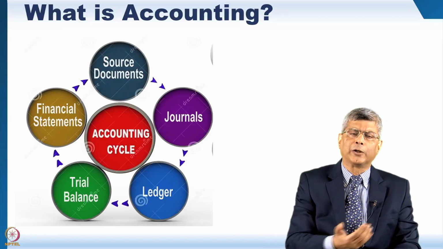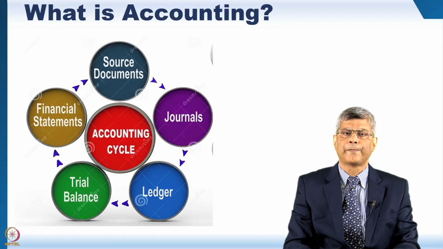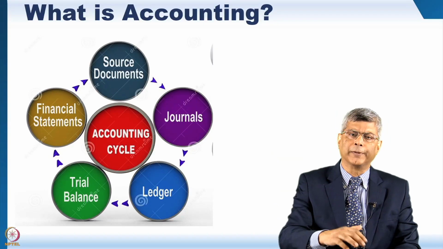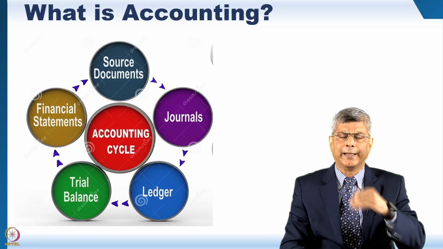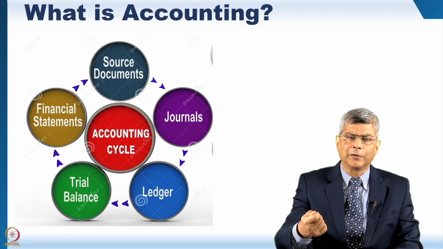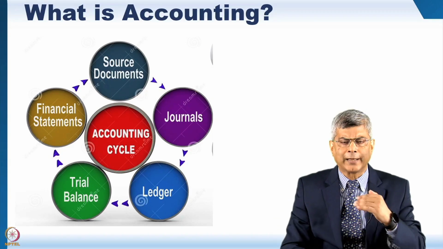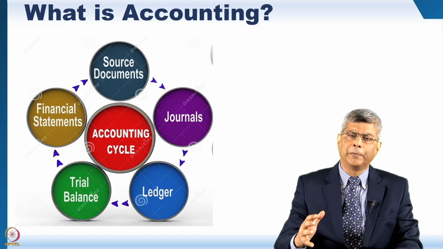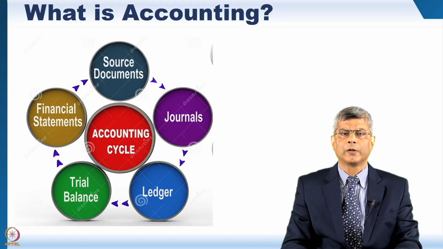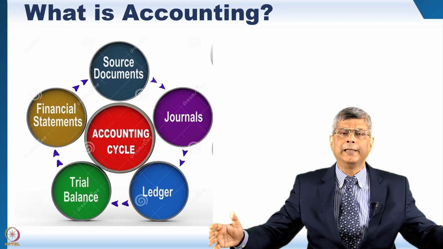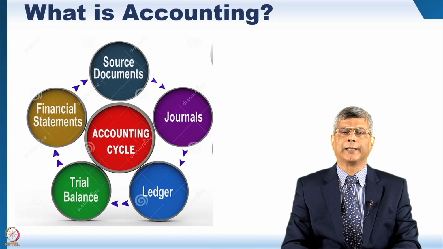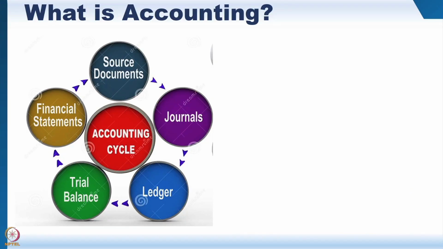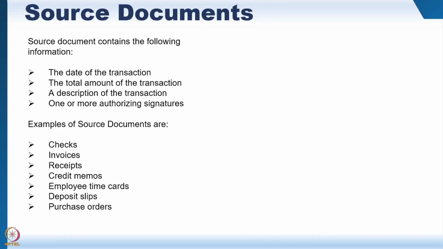But then all of these have to be recorded either in a document form or in a software. So we've got different steps of documentation called journals, ledgers. And once you've done all of that, you have to start summarizing them into some standard formats, because nobody else can read 1,000 or 10,000 or 100,000 or 1,000,000 transactions. You have to summarize them. And there you get into trial balances and financial statements. I will do a case study later, but before the case study, let's look at what the source documents are.